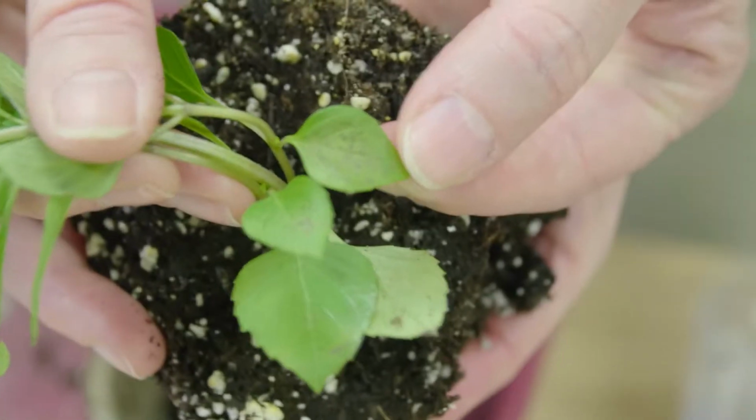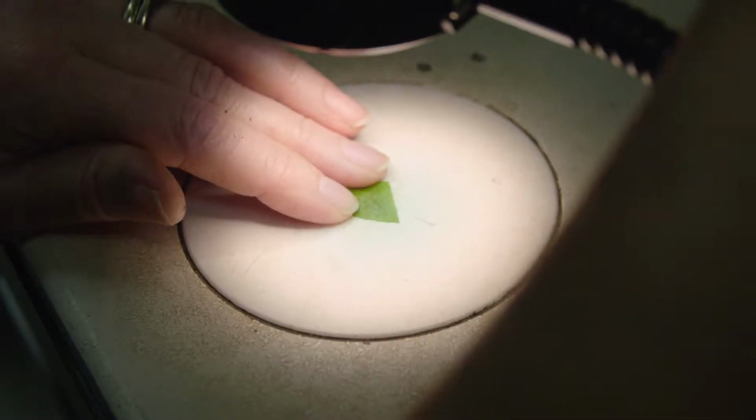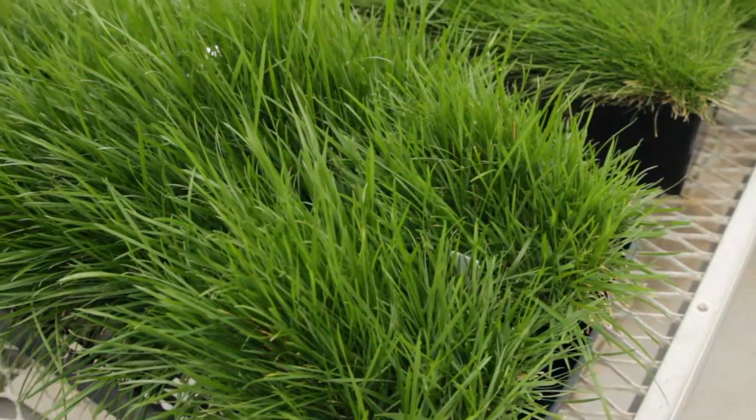So right now I've been working on some leaf spot diseases, some nutrient problems, and also some root rot problems. And it's really important to diagnose plant problems accurately, which is where the importance or value of the diagnostic lab comes in. And the reason for that is because once you know the exact cause of the problem, you can implement appropriate control strategies. My outreach and research programs are predominantly focused on the golf course industry here in Connecticut,